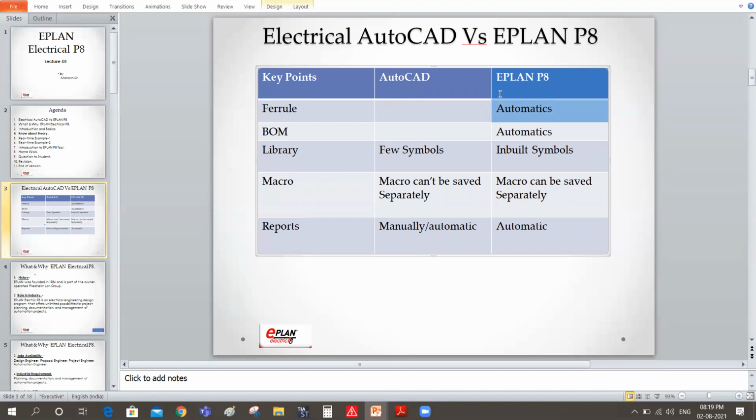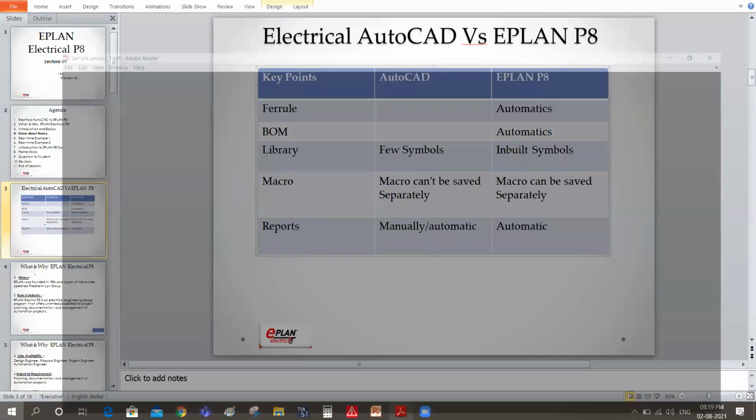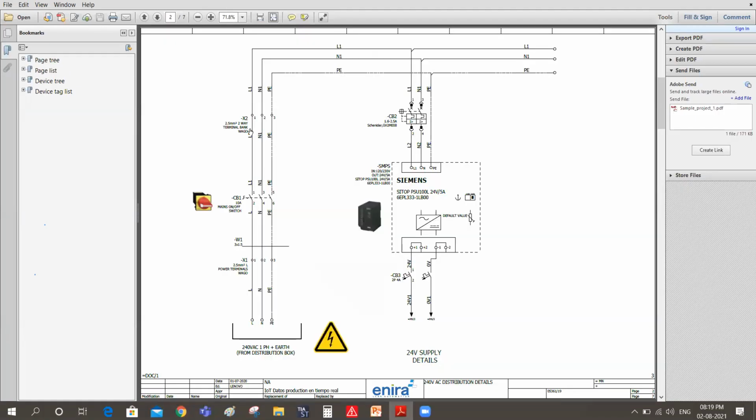In ePlan you can generate wire numbering according to your requirement, but in AutoCAD you have very limited parameters, attributes, and values. So I will show you one example. Can you see my screen?